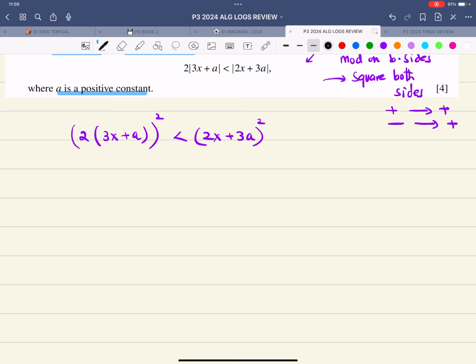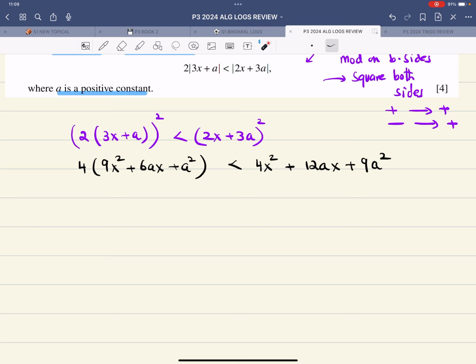So now let me square it. This is 4 times 3x plus a whole square, which is 9x square plus 6ax plus a square. And this is lesser than 4x square, and 6 plus 6 is 12ax plus 9a square. Always a good idea to double check. Never ever be overconfident. So this is 3x whole square is this, a square is a square, and this is